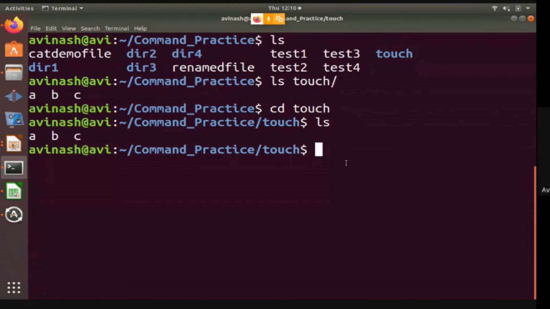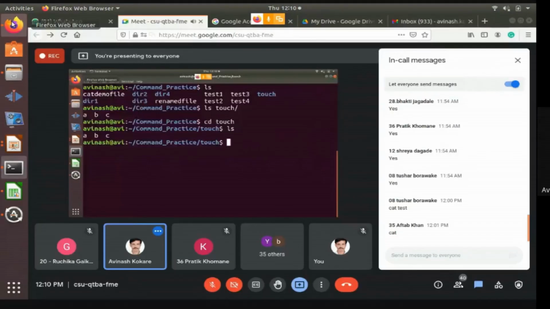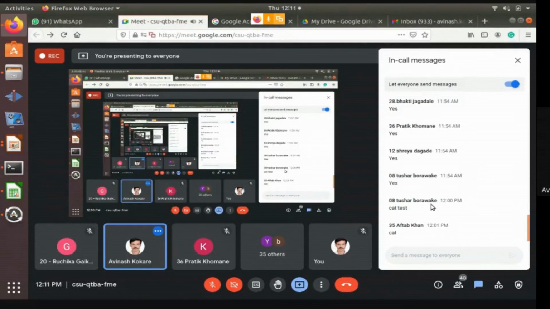Okay, now how to return to the previous directory? Yes, anyone? We have used DOS. I want to return to the previous directory. That means I want to remove this touch from here and return to this directory. What command should I type? I think no one has used DOS.